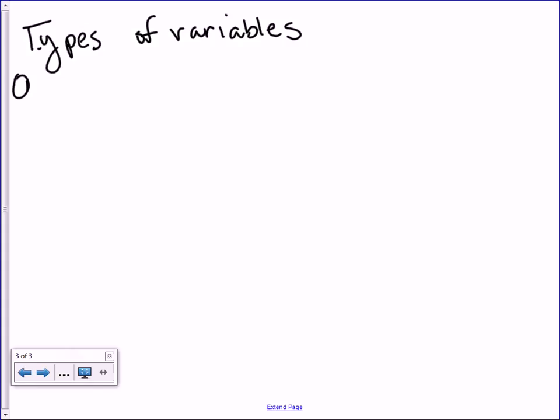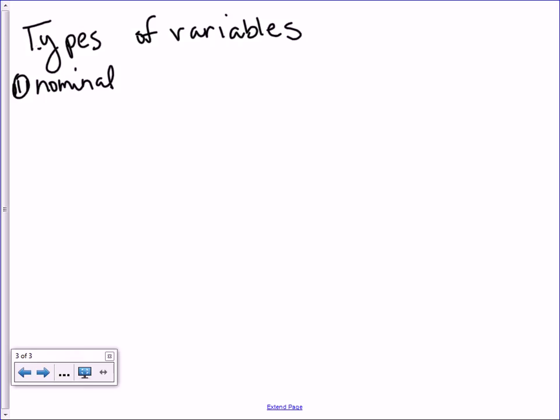Okay, so now what we're going to talk about is the different types of variables. We know that we collect the data to represent the variables, but we need to talk about the different types. I'm going to talk about 4 types. The first type is what we call